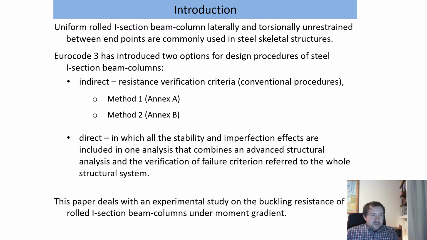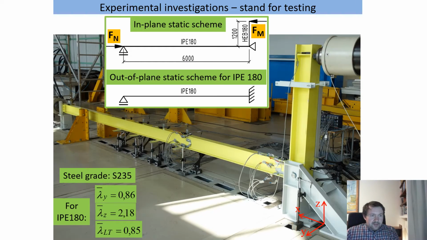The paper deals with an experimental study on the buckling resistance of rolled I-section beam columns under moment gradient, in full-scale tests. The figure shows the subframe specimen installed for testing. The experimental program covered different stability phenomena,